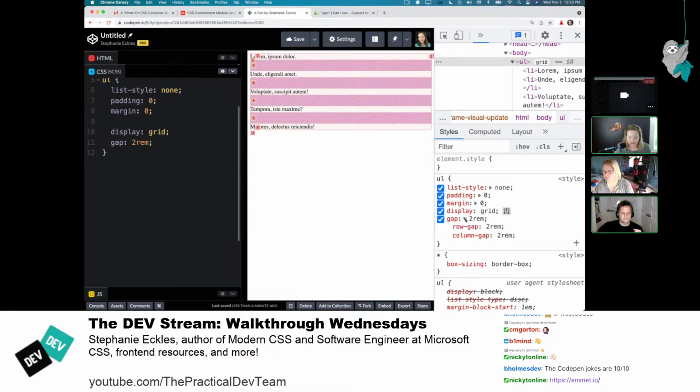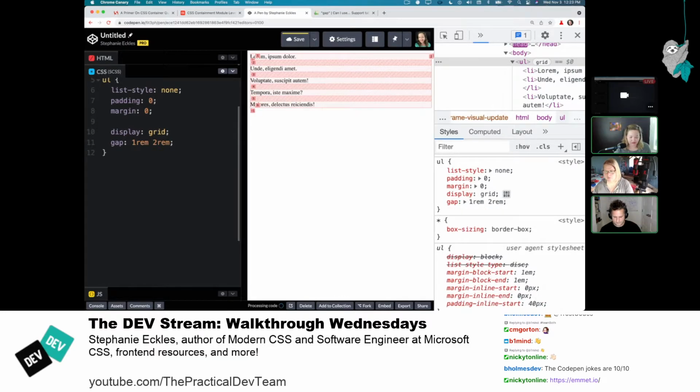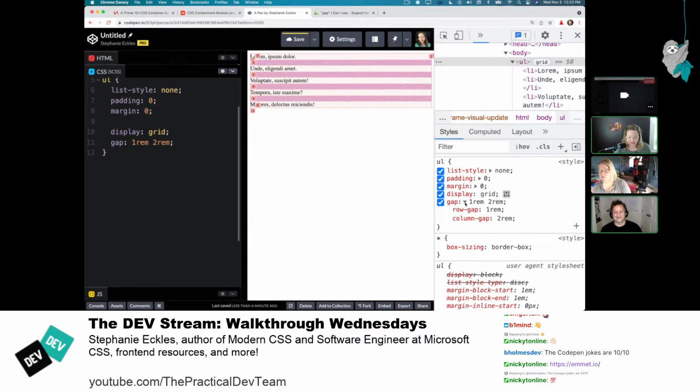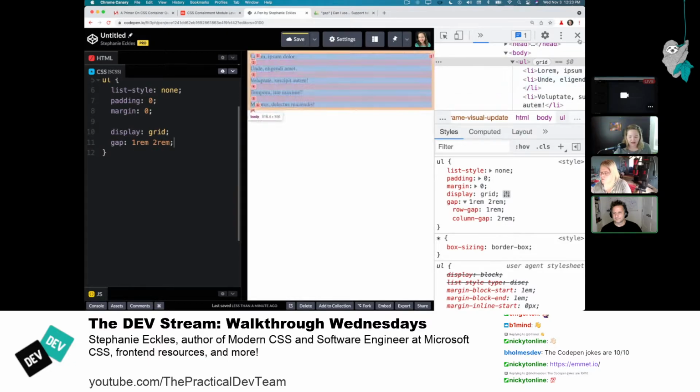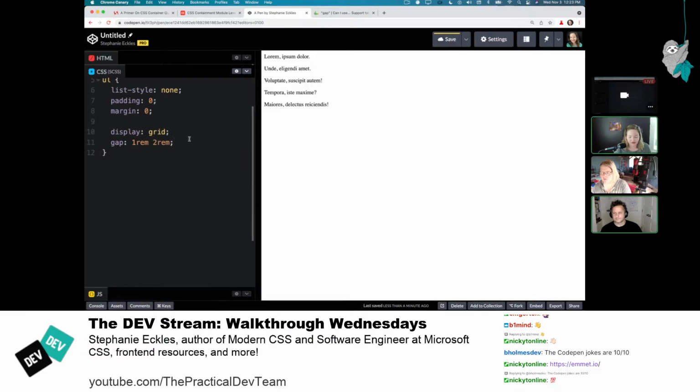So if we expand it here in DevTools, it is actually row gap and column gap at the same time. So you can provide it multiple values, which is not going to affect what we're showing right now, other than that it shrunk it, because the first one's for column or for row. But yeah, you can do that. So one of the first things though, if we're strictly talking about comparing it to Flexbox, and if you do want that behavior, real quick, let's